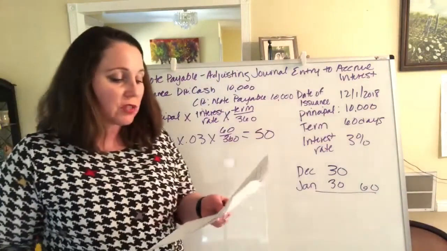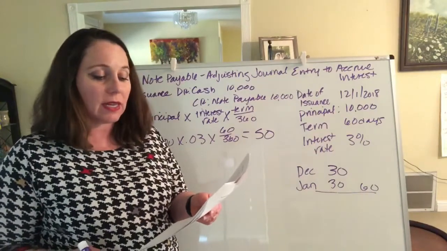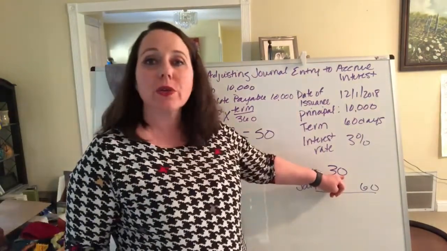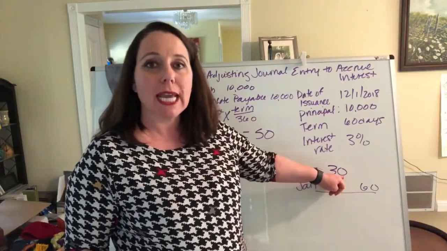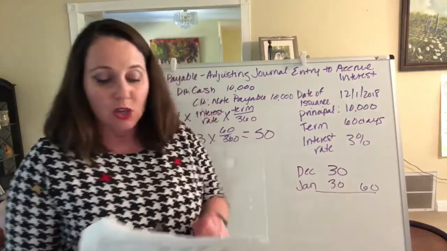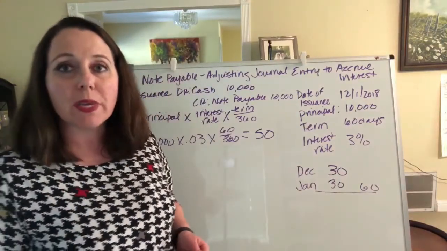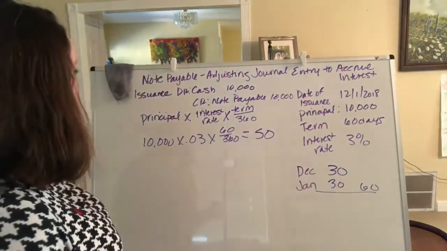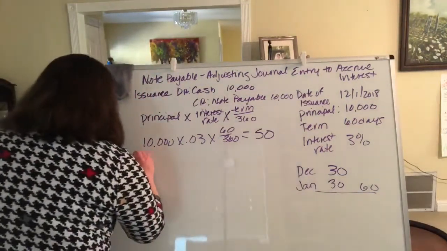Now the question is, for how many days is the note outstanding as of December 31st? And we already decided the note was going to be outstanding for 30 days in December. So the answer to that is 30 days. So how much interest is going to be accrued into December 2018? So to accrue interest,